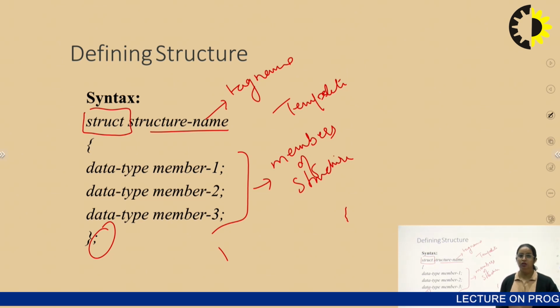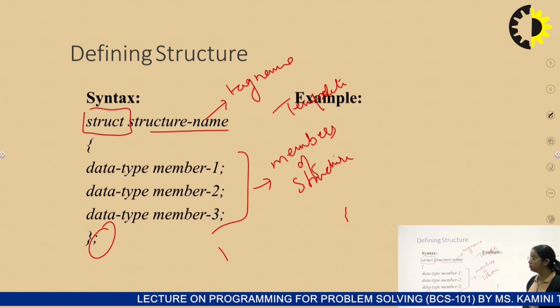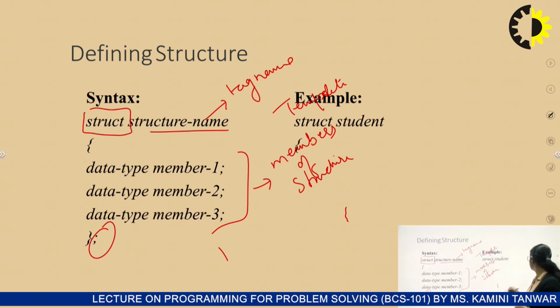It will take memory space when you declare a variable in which you are going to store all these members.